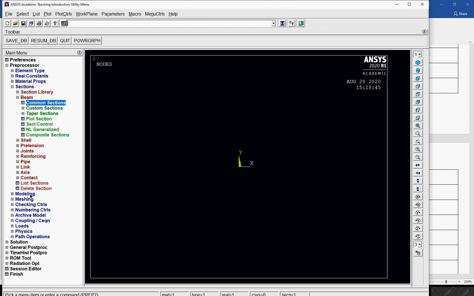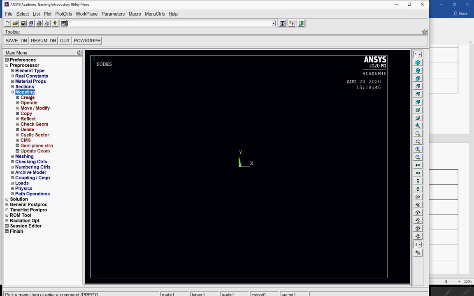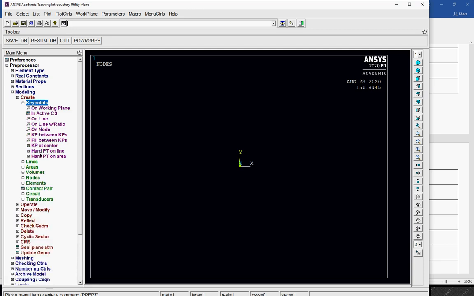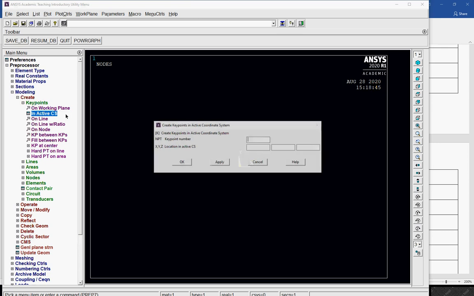Now I go with the modeling. I'll create points, because the beam has to be meshed with many elements, and if I draw element by element, as we used to do in the one-dimensional and truss element analysis previously, it will take a lot of time. So I'm going to draw key points in the active coordinate system.